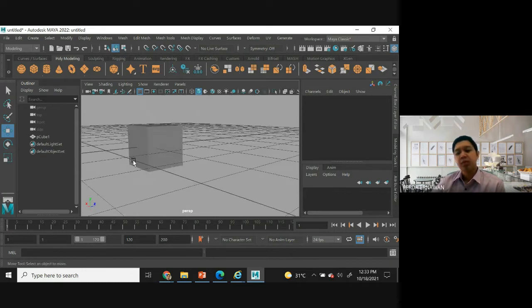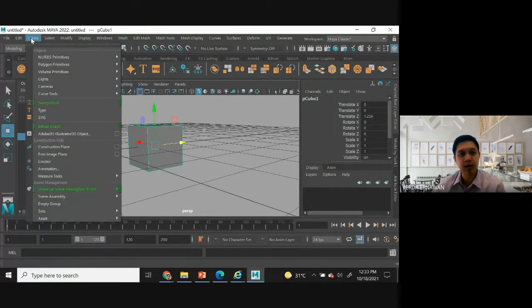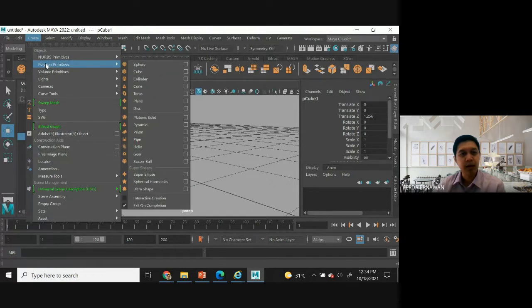Okay. So next one is about setting the polygon. So this is our polygon, and then we are trying to set it. You can select the grid here, and then select the polygon primitive.